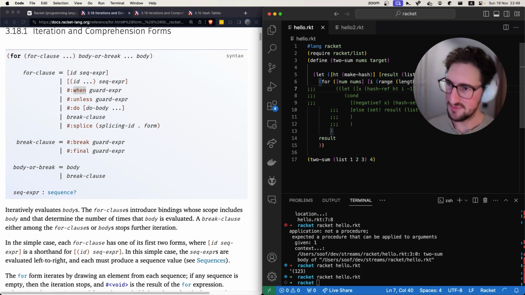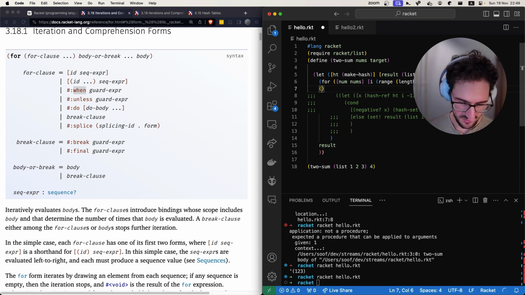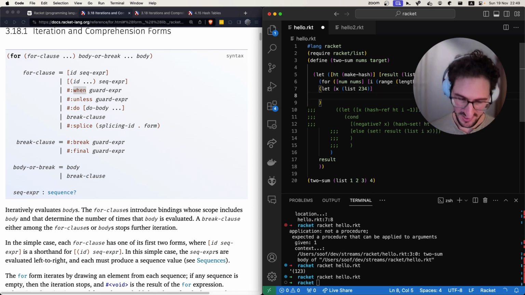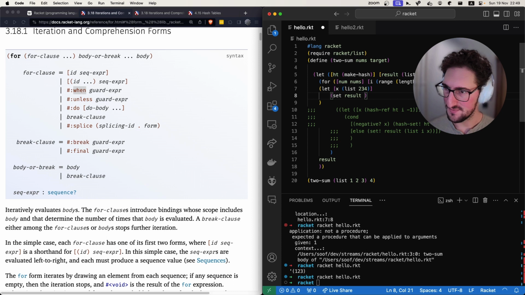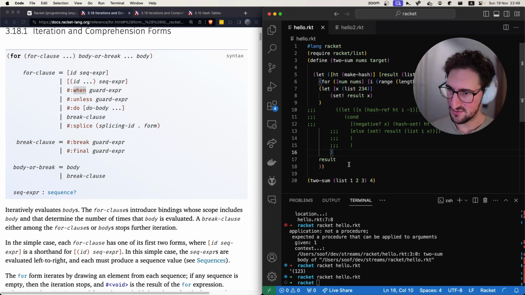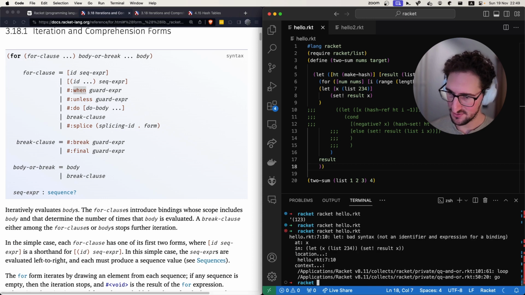Now let's try to make sure everything here is working. So we've got, let's let x again. Let's just do list 2, 3, 4. I'm working towards that. I need to convert that, and within that we can call set result x, and this probably needs to be set like that because this is how mutability works. And this should now be 2, 3, 4, and it says